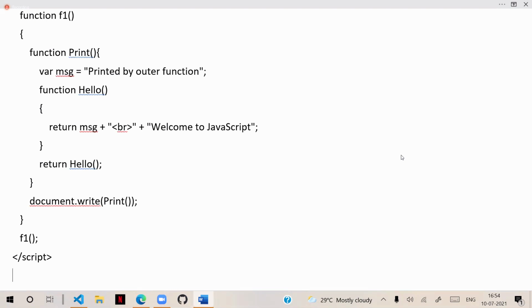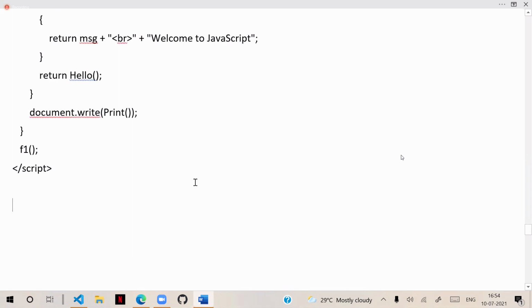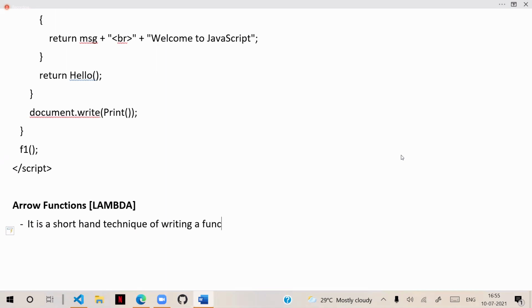Next, important while working with functions, we have arrow functions, or people call them lambda. Lambda is the correct term. Lambda is actually a shorthand technique of writing a function.